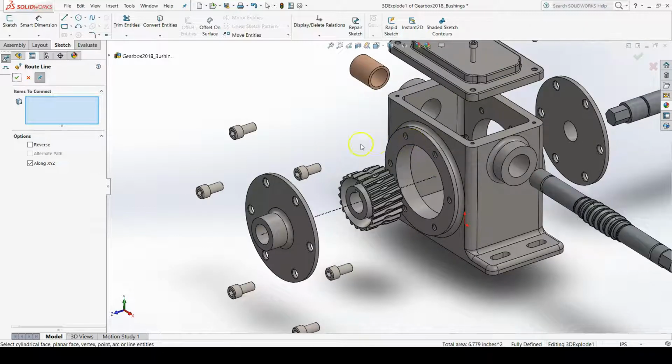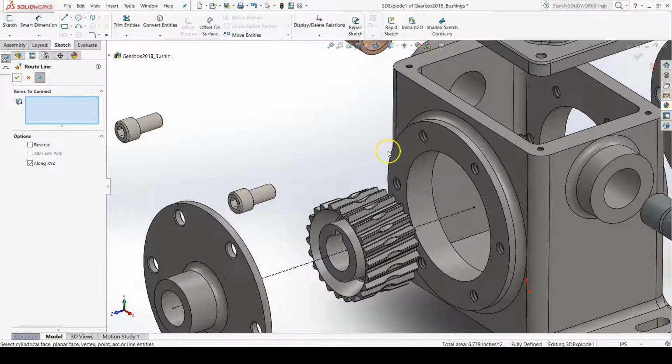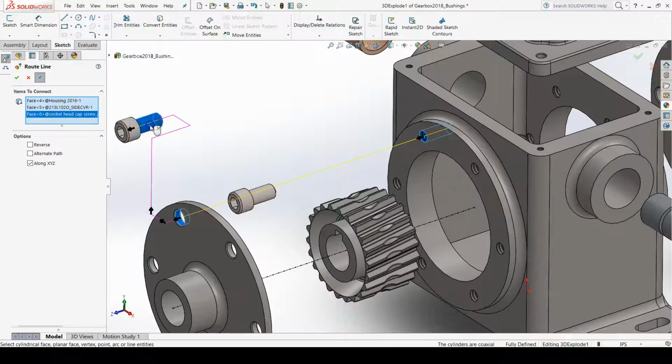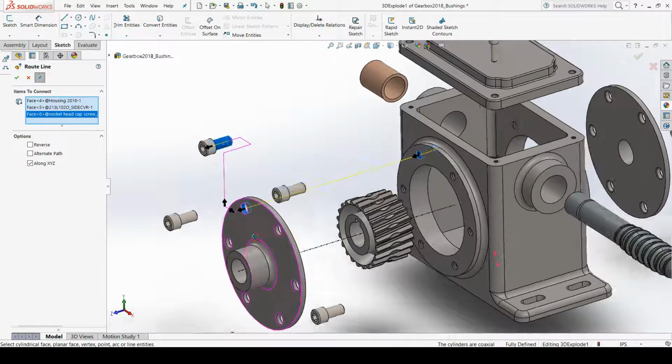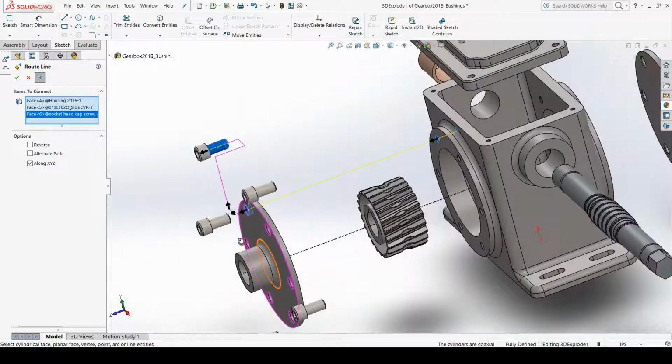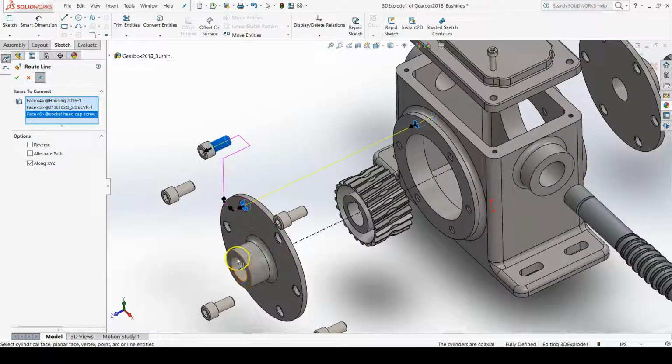To do the next route line, like I'm going to do a route line for this socket head cap screw here, you're still in the route line command. So I'll click on this cylindrical surface, I'll click on this cylindrical surface, and then this cylindrical surface. By default, we have a route line that's going along the X, Y, and Z, but we very easily could uncheck the along XYZ option,